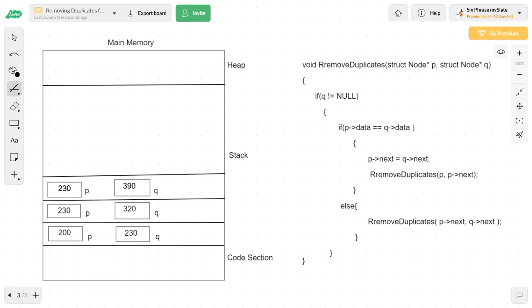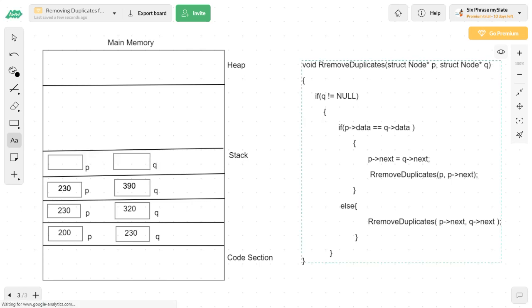So, a recursive call. Instead of the recursive call, I will just create one more activation record, inside which we are going to create two separate blocks, block 1 and block 2. Block 1 is going to have the name P, and block 2 is going to have variable Q. So what are you passing instead of the P value and Q value? P of next and Q of next. What is P of next? P of next is 390, that we know. So it is 390. But what is Q of next? What is 390 of next? That we need to check, right? So 390 of next, that we need to check.